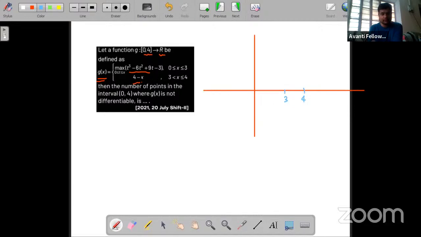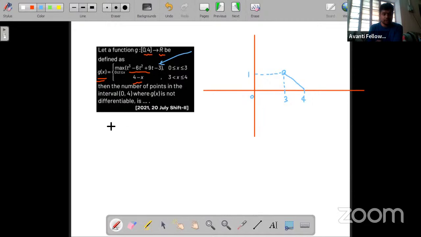So if I go to x equals 3, this is a linear graph. At x equals 3, we are getting 1. Okay, and at x equals 4, we are getting 0. So the graph will be like this. This is 1. Okay, here we'll put a hollow circle because 3 is not taken. Now for x belonging to [0, 3], this is 0 and 3. So in this interval we have to draw this graph. Now what we will do, we will separate it.